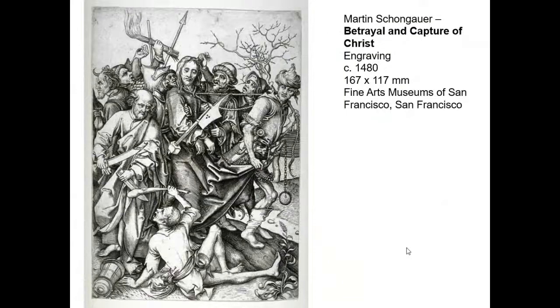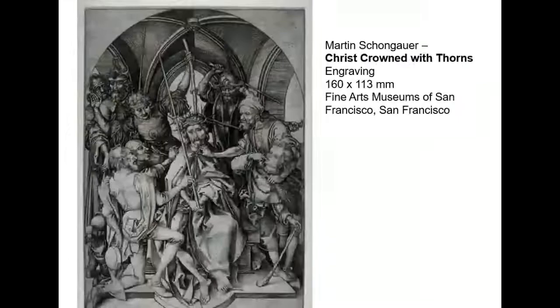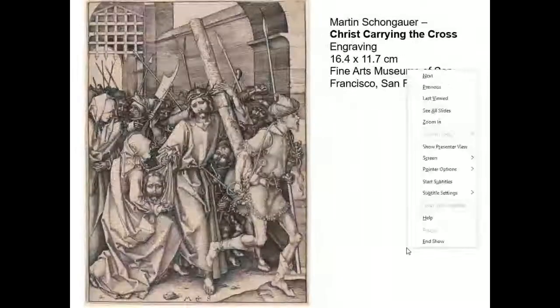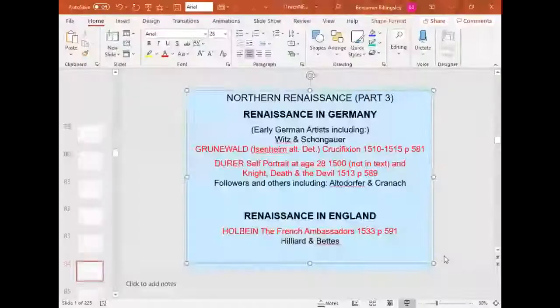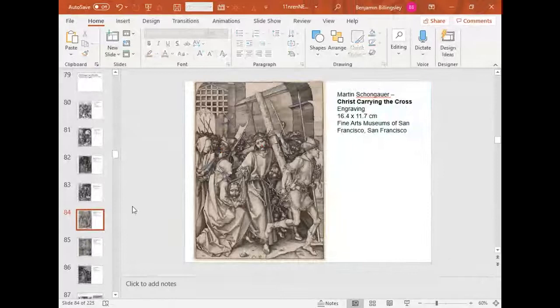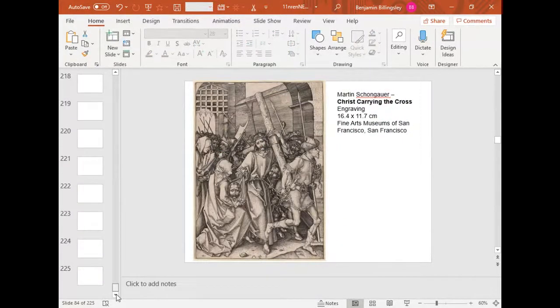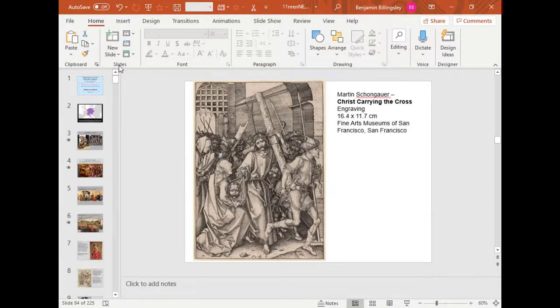There's plenty more examples of interesting works by Albrecht Dürer to finish out the rest of this lecture if you have the time to take a look at those. There's something like 225 images altogether. So for those who are interested in printmaking and in Albrecht Dürer in particular, have fun with